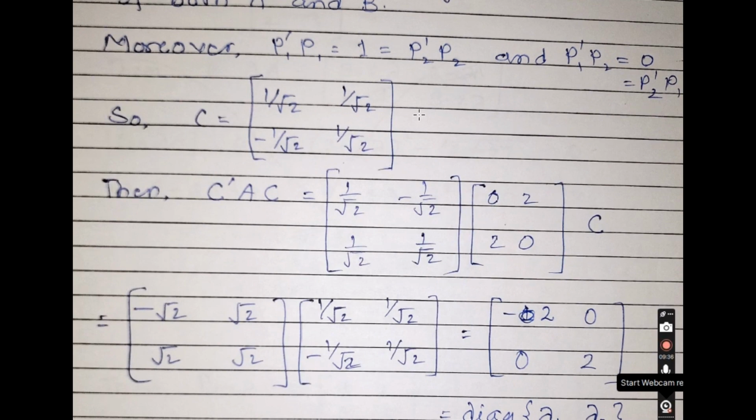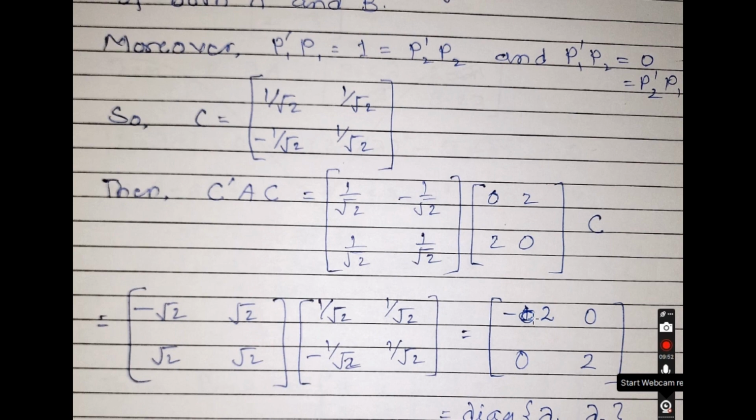Similarly, 1 by root 2, 1 by root 2 was the eigenvector of A corresponding to the value 2, and so we got 2 here. So you get the eigenvalues in the diagonal of C prime AC. The diagonal elements are nothing but the